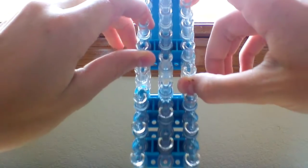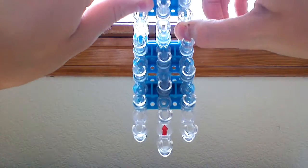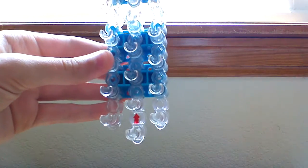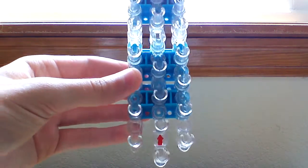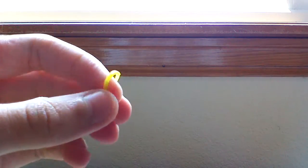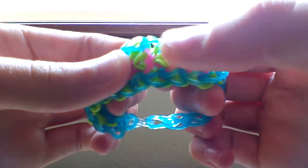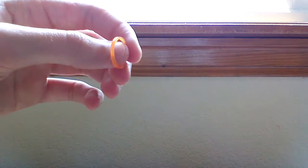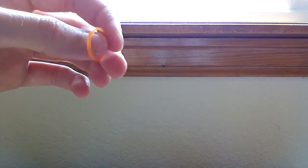You're going to need one loom in the staggered configuration, so pretty much anybody can make this bracelet. It's definitely an interesting way of making a bracelet. You're going to need 12 of one color. I'm going to be using yellow for this. This color will be the rose bands that are right here. They'll be the diamonds. You will need 26, you need 28 for a cap band, a border, and to take it off,